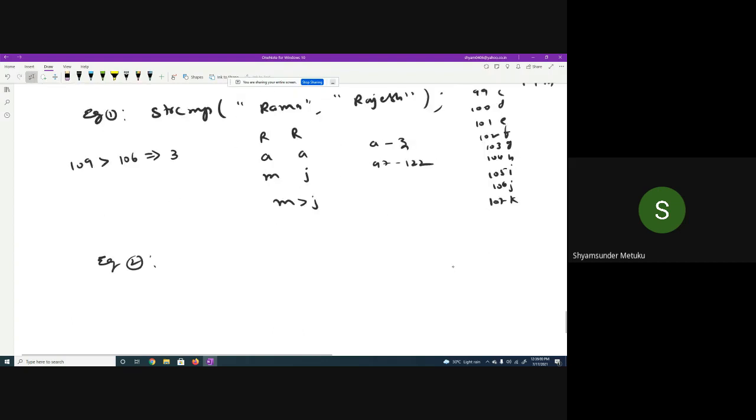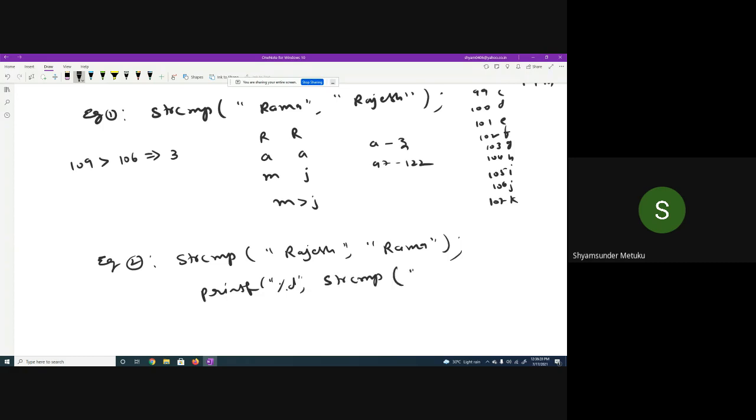Example 2. strcmp Rajesh, Rama. Which one is greater now? What is the printf? printf %d string comparison, same Rajesh, Rama.